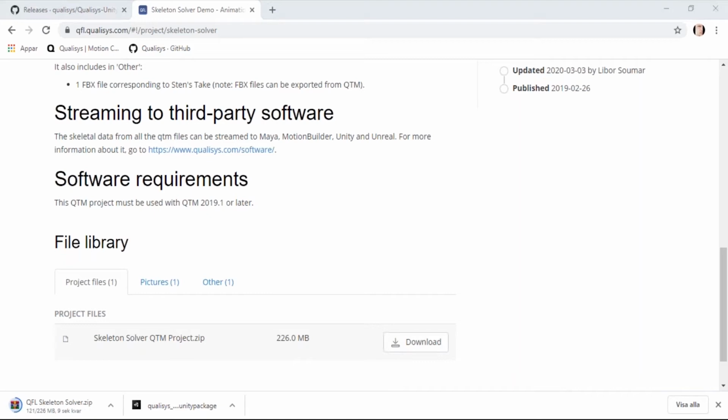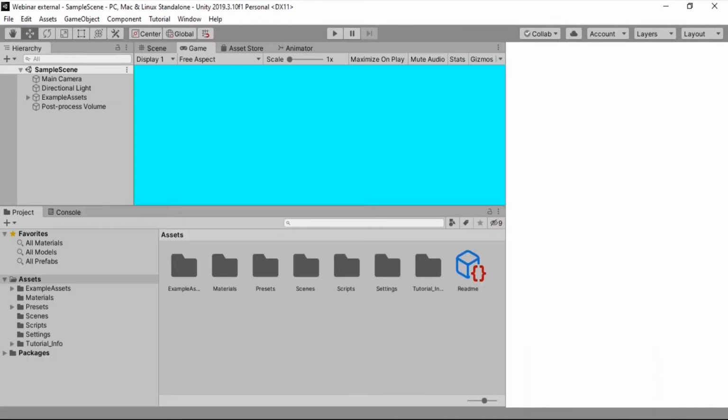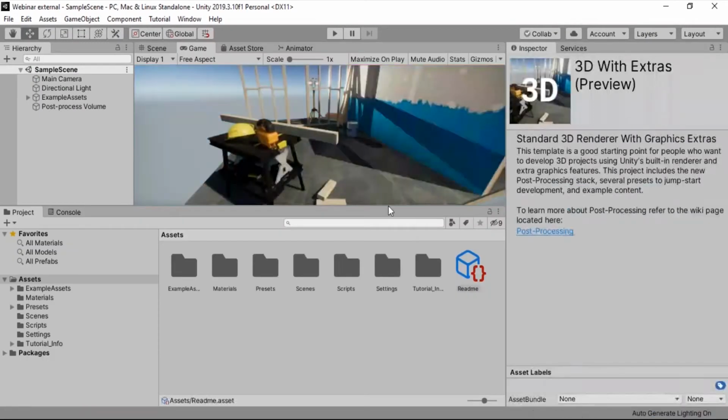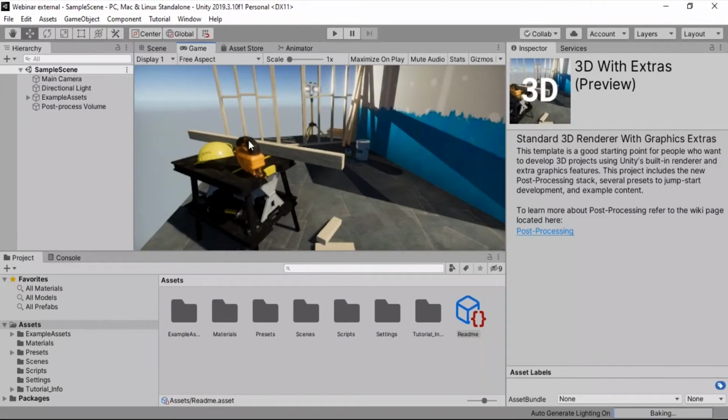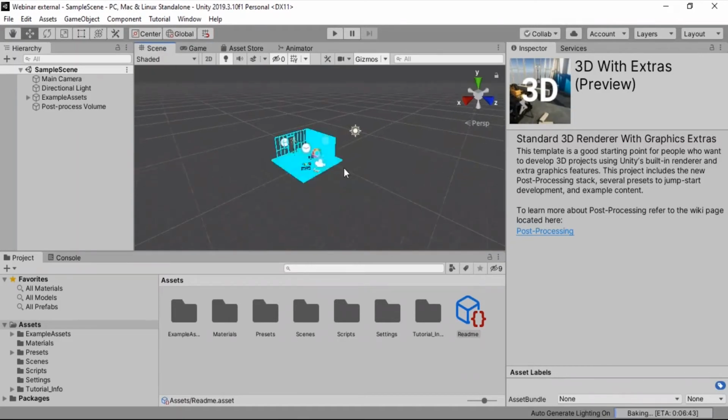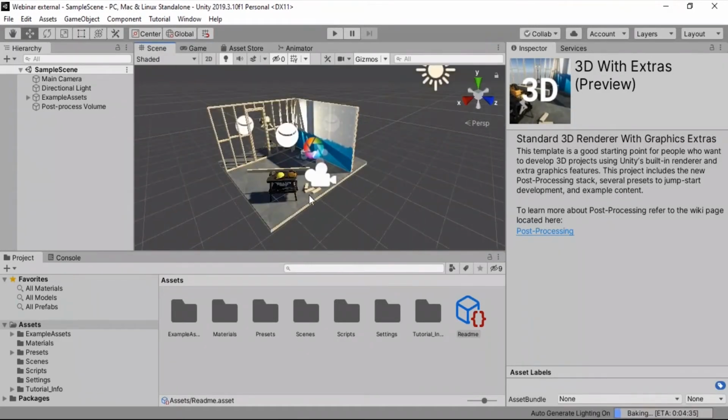So let's see here if Unity wants to wake up. Here we go, and we have our Unity sample scene that you will always get. Also handy is that you would get a small camera script for moving the camera around in this project. So this is the scene that we have here, but